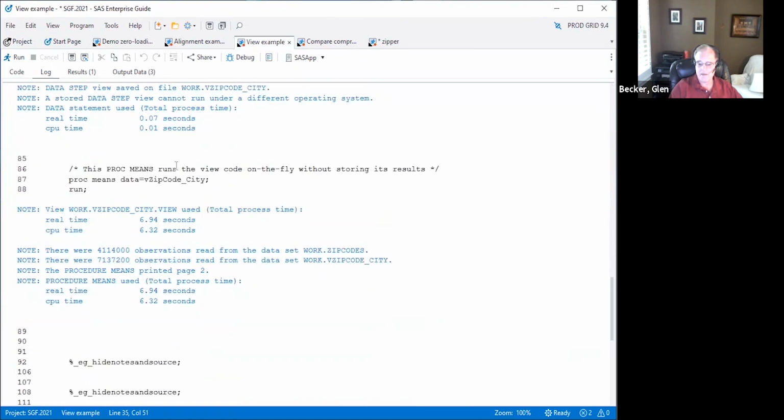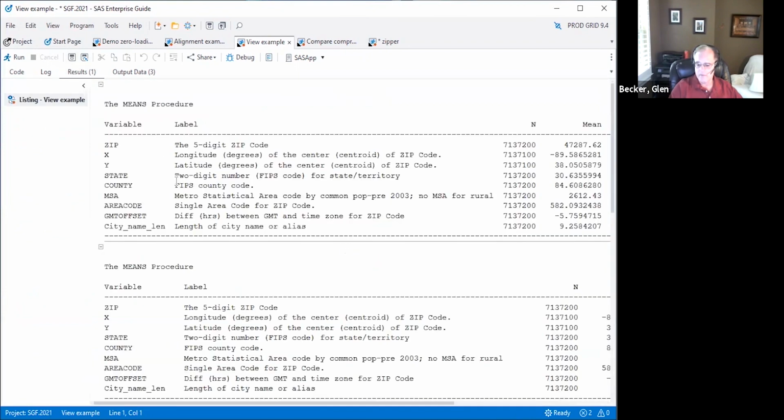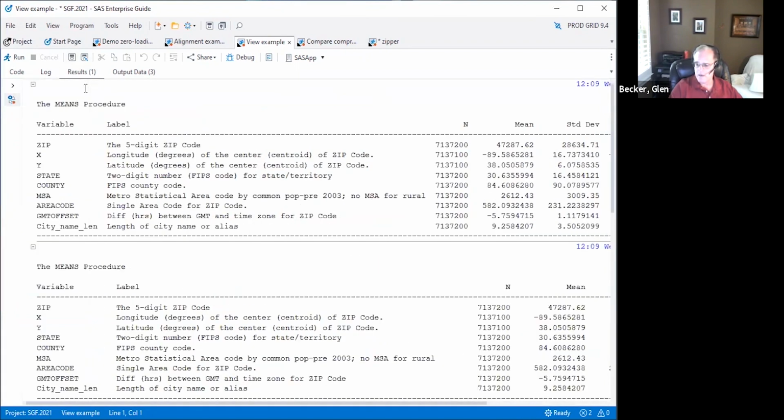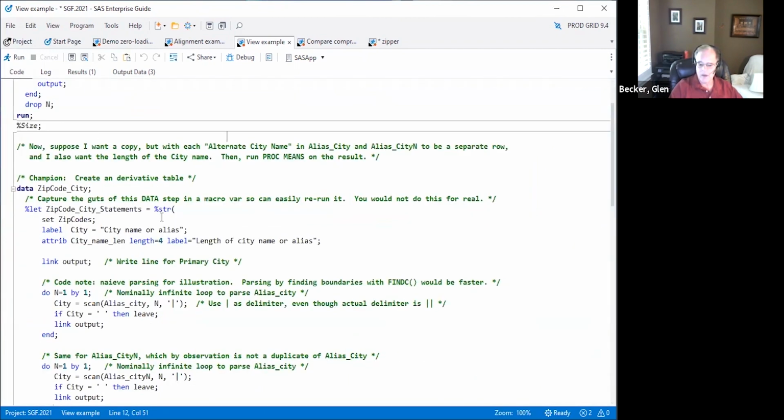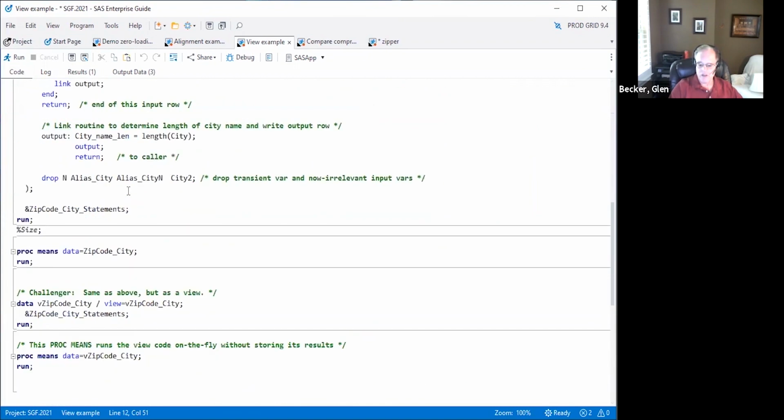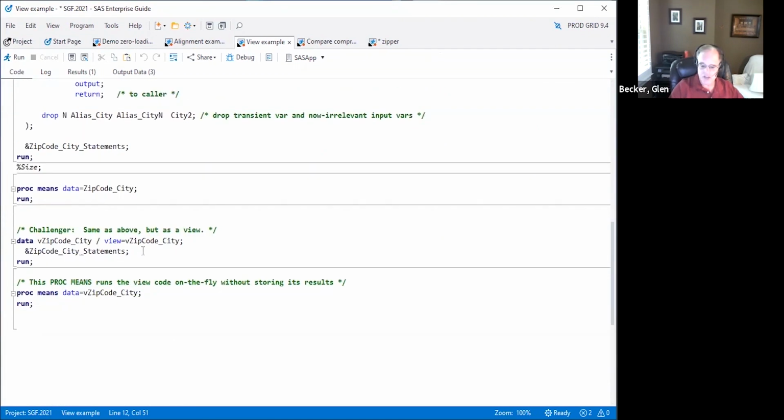But does it get the same answer? Well, let's look. Yeah, those 2 proc meanses look pretty much the same. So the moral of story is, rather than doing a data step, if you have a bunch of transformations to do, you can do the same transformations in a view. Not only do you save time, but you save space, because you remember that big table was a full gig? The view doesn't take any space at all to store. You're reading the smaller table to begin with. Views are very, very, very powerful when it comes to saving space.